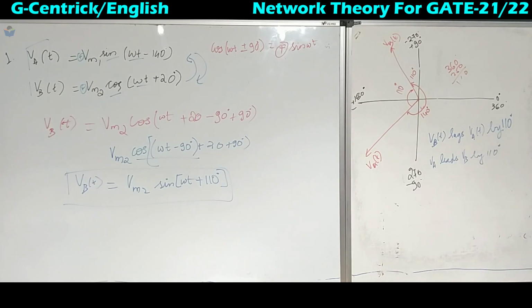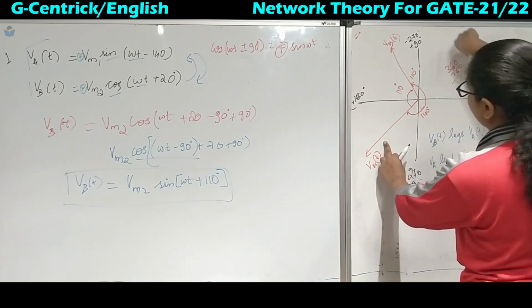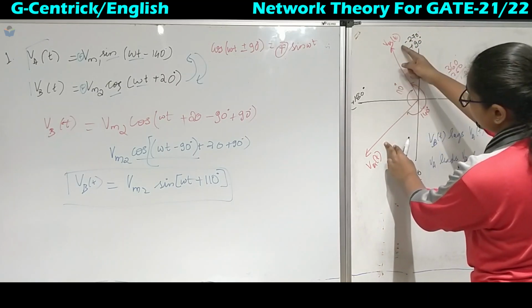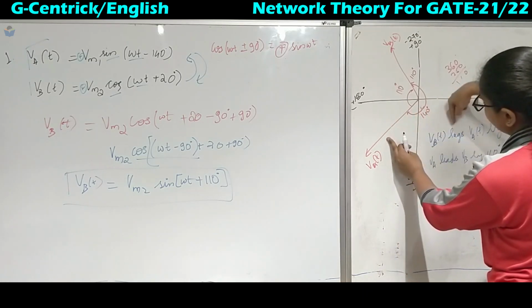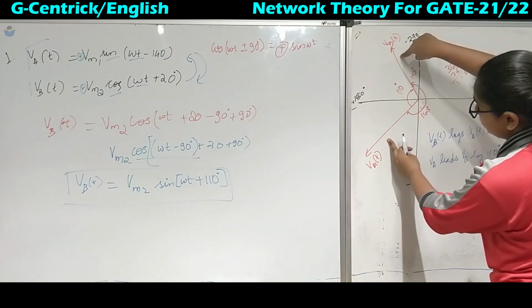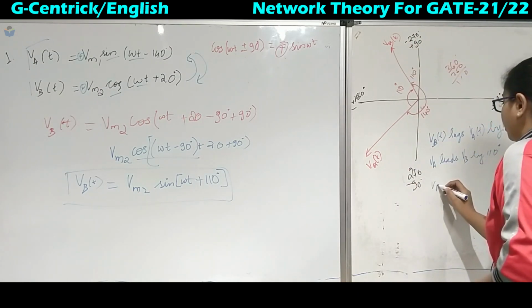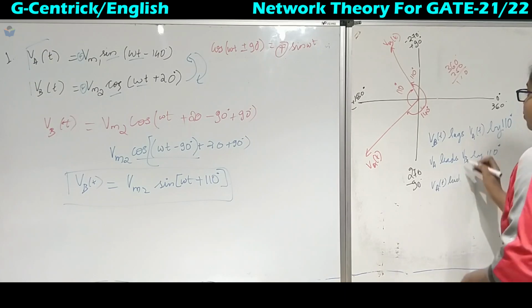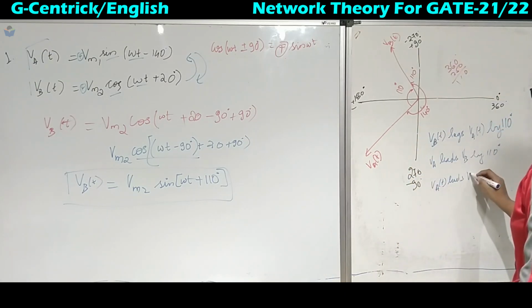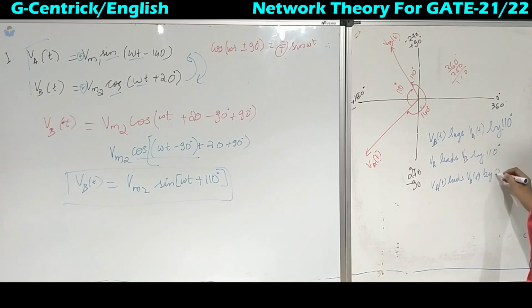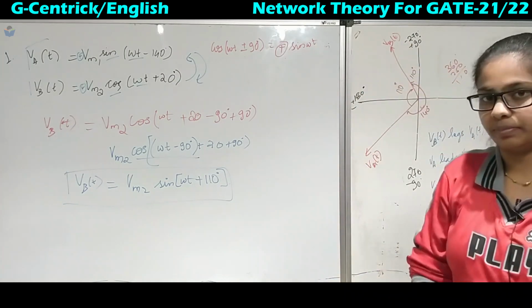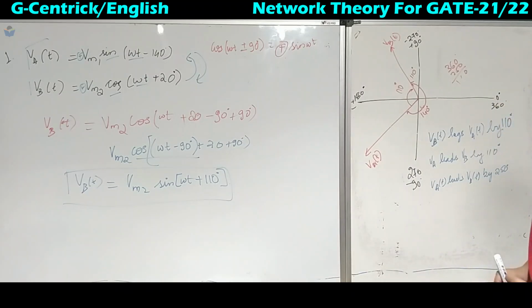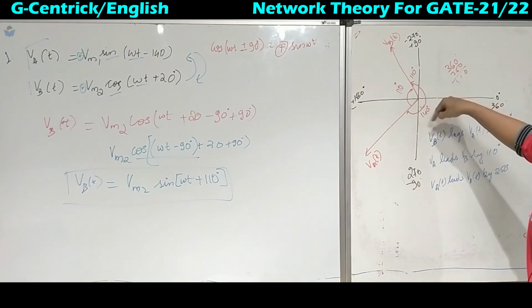Now if you stand on Va of t and look from behind, it says that Vb of t is lagging Va of t. By how many degrees? If you look from here, you are ahead of this and this is behind you. It means that Va of t, if you are moving in this direction, leads Vb of t by 250 degrees. So whichever is easier you can write. Everything means the same thing. Whatever the difference is will be in the angle.